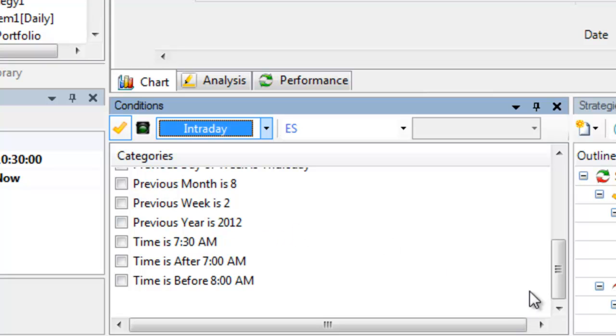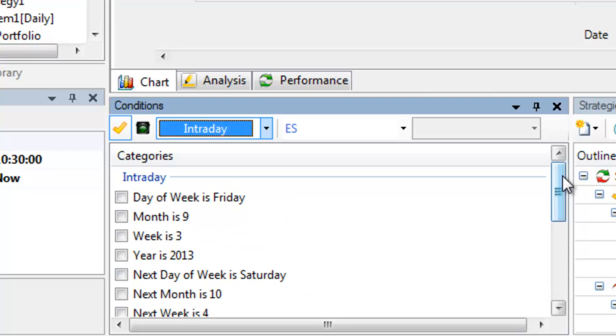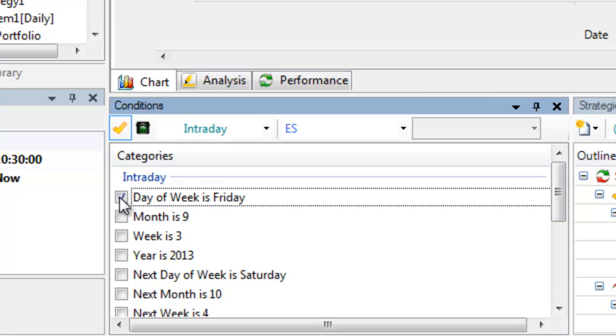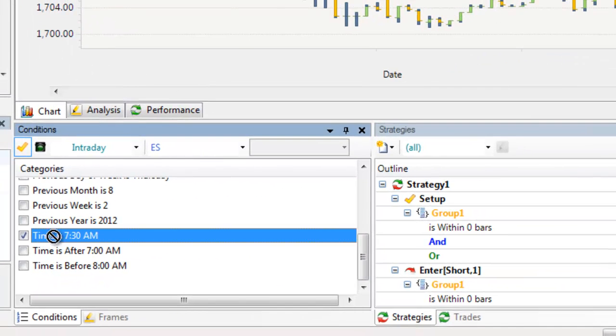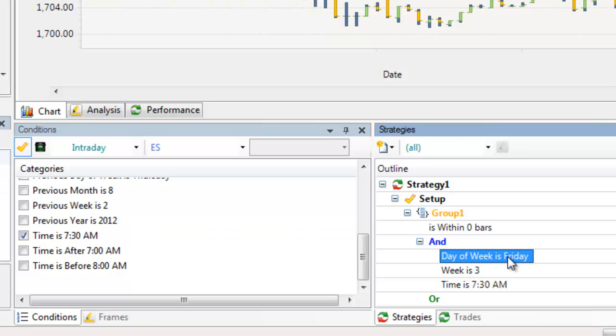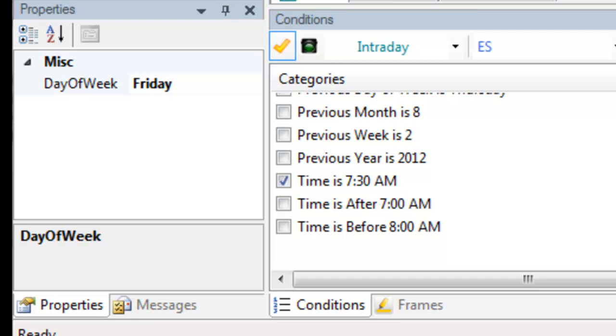So what we're wanting to do is find out what the market does on option expiration. So all we do is click on the day of week and which week it is, and then the time. Those are the three things. And we just drag them into the strategy box, and they'll always go right under the "and," so it's very, very simple. And if we want to change any of these, all we have to do is click on it and change it. So let's say we dragged in there a condition that says day of week is Monday. Well, all you have to do is go over here and change that, and you can change it to Friday.